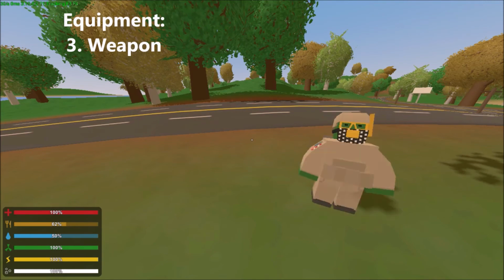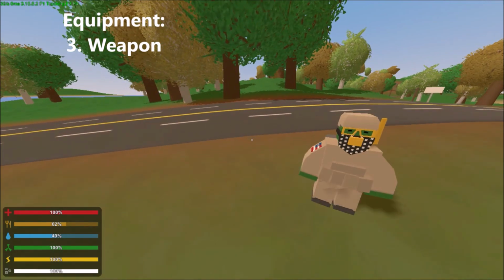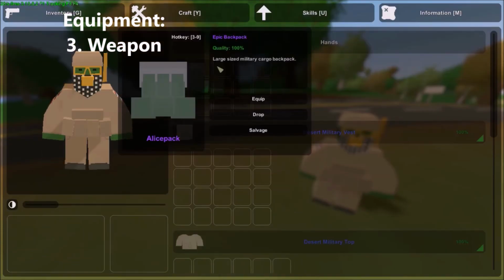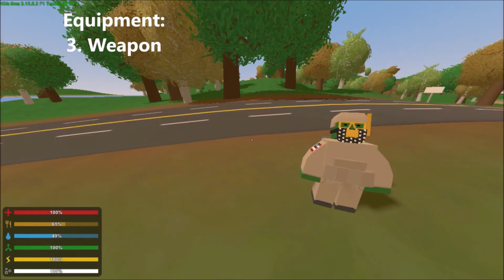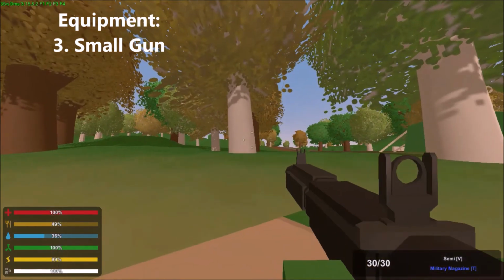Basically, another way of doing it would be to see how good it is. Like this Alice pack, if you right click it, you can see it's an epic. If something is an epic or kind of like that, it means it's pretty good. So use those ones. The next one in equipment is to always keep a small gun on you, because when